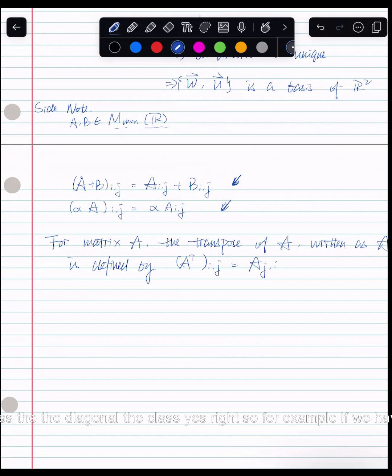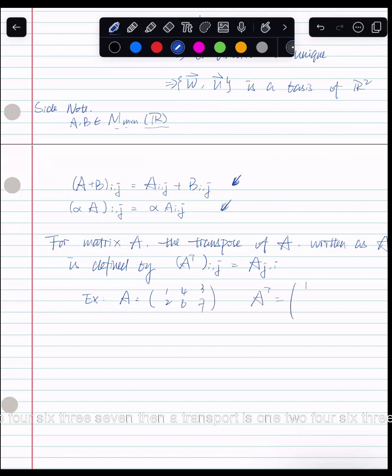Right. So for example, if we have A to be 1, 2, 4, 6, 3, 7, then the A transpose is 1, 2, 4, 6, 3, 7. So basically flip